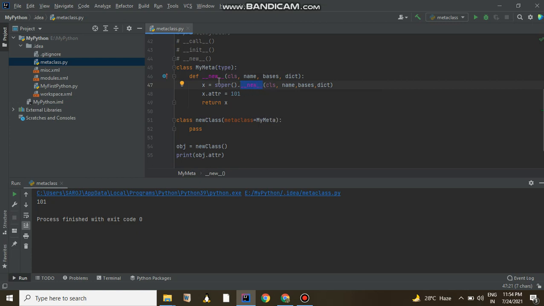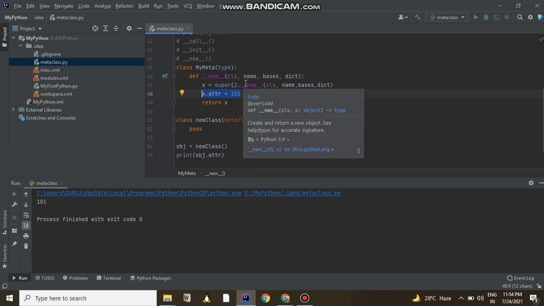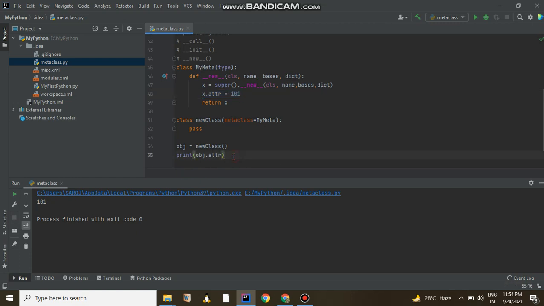Apart from that, in the new method of my metaclass, we are adding one attribute x dot attr, and while we are creating the class, it will get the x dot attr attribute. So this way you can create a customized metaclass for your own purpose. Okay, so thank you.